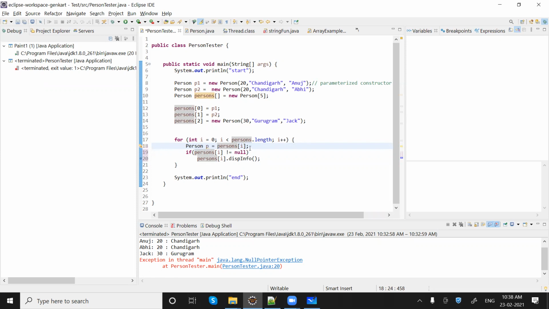Wherever I'm using this, it's like left hand side is equal to right hand side. Wherever I'm using persons i I can use p. Simple, because both are the same.